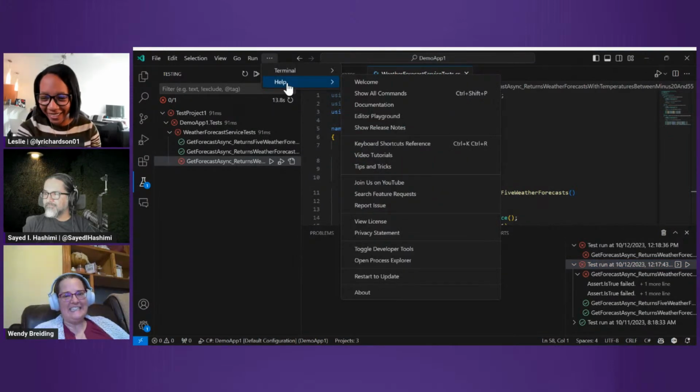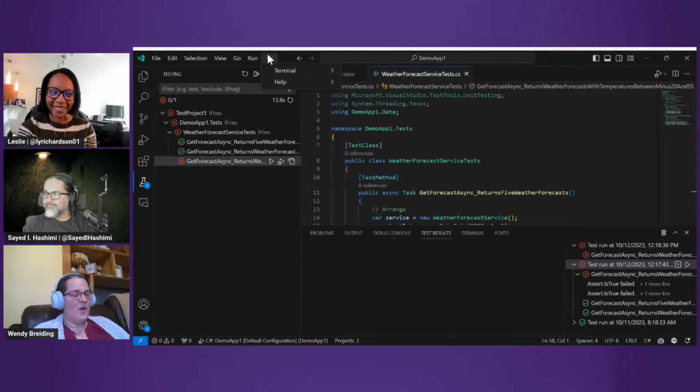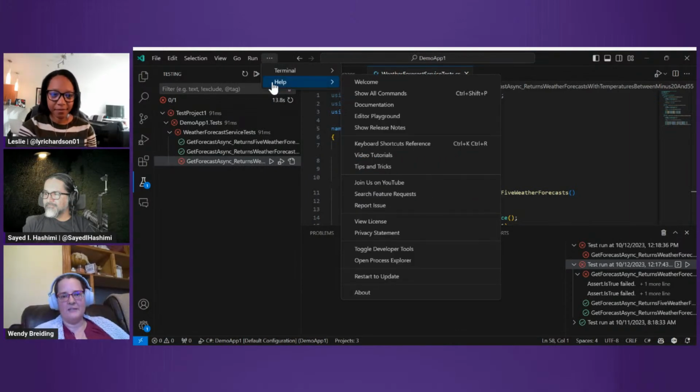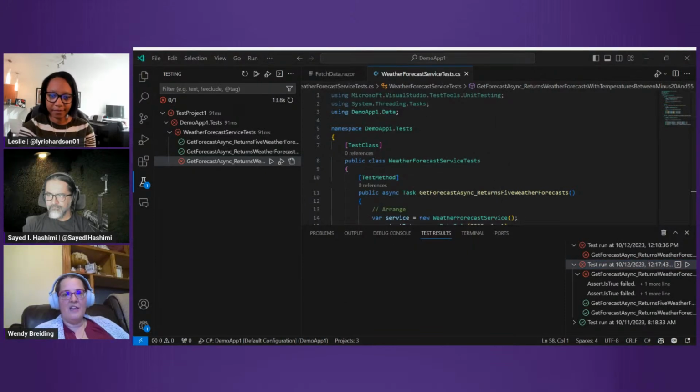The other thing I wanted to show is that, as we mentioned, your feedback is the most important. The best way for you to provide feedback is going to the Help menu and reporting an issue. If it's a bug report, select bug report. If it's an enhancement request, select feature request, select an extension, and then C# Dev Kit. This will submit an issue directly to our GitHub repo,